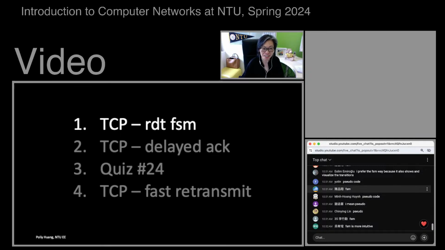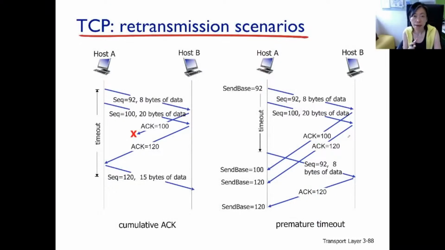Next is actually still the RDT sender. It's some extra, because what we have introduced is a simplified version of RDT. Some of you might be keen observers that for the timeout event, the description is that we start transmitting from the lowest sequence number segment and only that segment. The third video explains some weird things that we are doing in TCP's RDT. We are not exactly retransmitting the whole flight of packets we've sent before. And that was example 3.